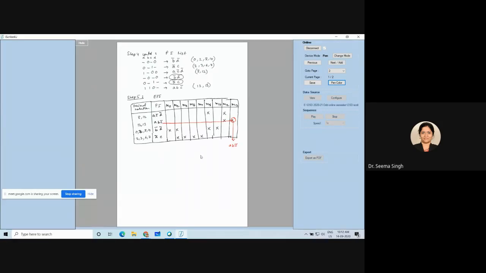Next, we will see the next minterm which is being taken care of by only one. So what I can see is this M10. In this column, only one cross is there, M10. So M10 is also being taken care of by only one prime implicant, that is B bar, D bar. So again, this 10 is giving me the next prime implicant, which is B bar, D bar. And when I am using this B bar, D bar for this 10, along with this 10, it is taking care of the other 3 also.